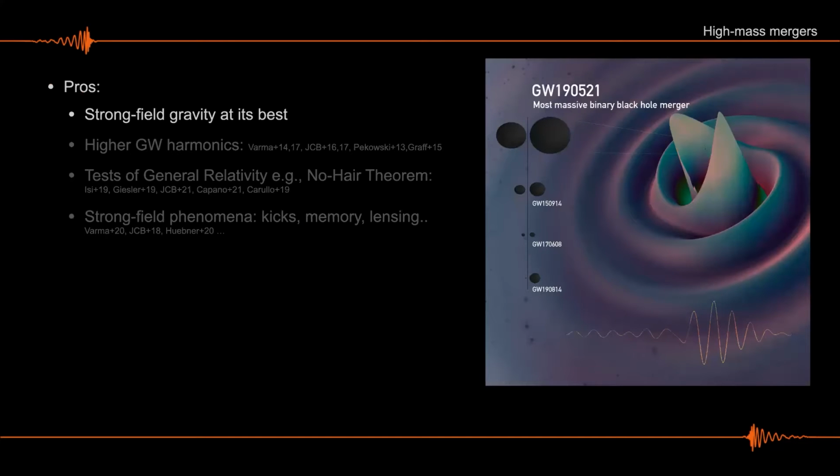So as you might be guessing already, detecting and studying these high mass mergers, for which you basically see something like this, is very challenging, but it's very profitable if you can start to observe these signals in a systematic way and understand how to figure out what caused them. So the first thing is that you have strong field gravity at its best. Sorry, what is the estimated final mass? For this one it is 150 solar masses in the source frame.